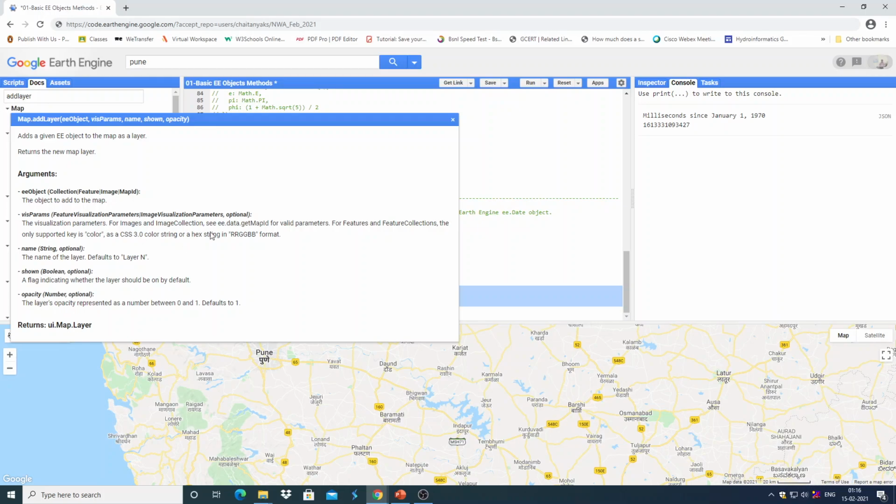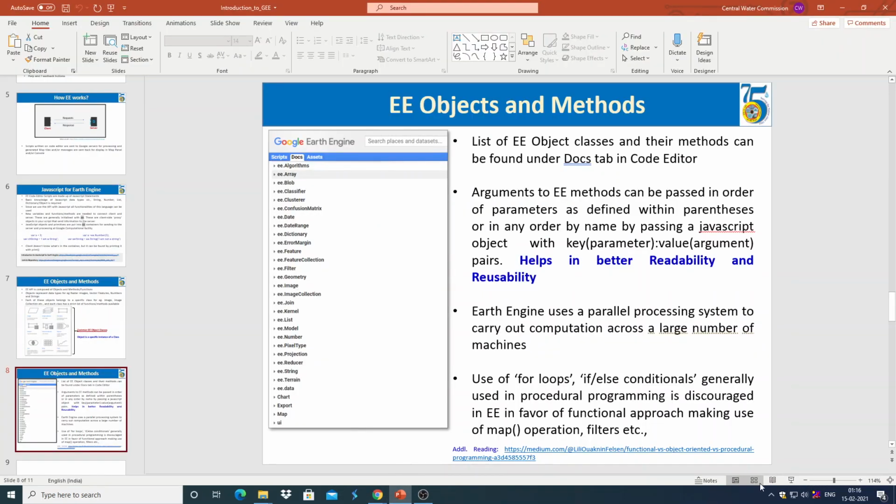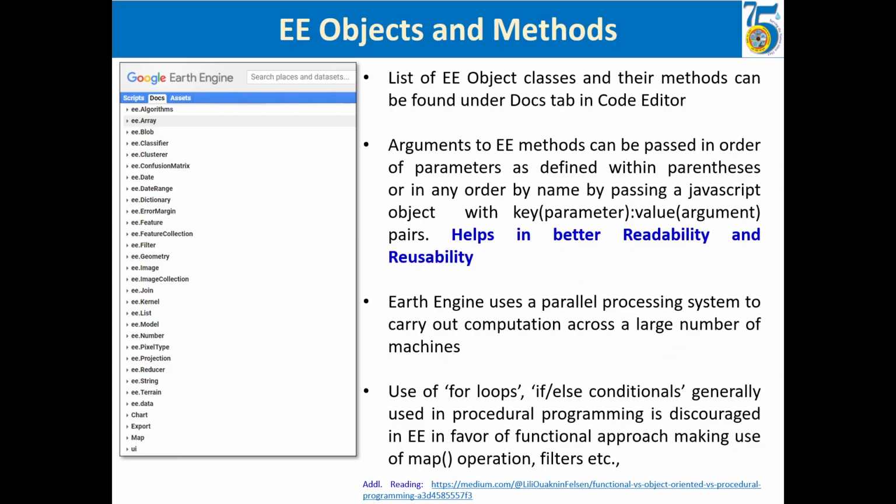Tomorrow we will see it. It helps in better use of Earth Engine methods, because you can read the code easily, and you can reuse it many times.